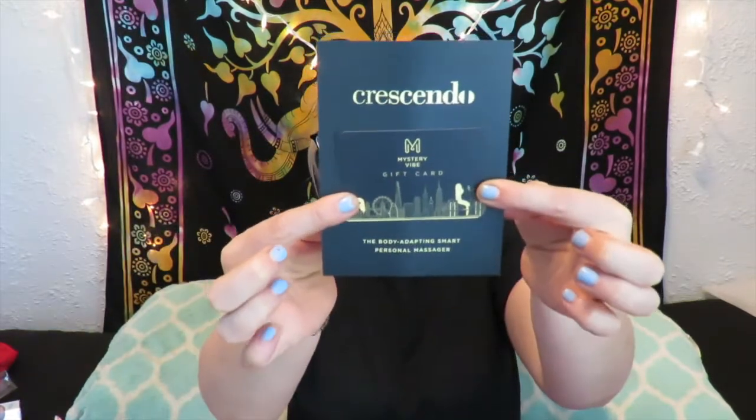The next thing, we have a whole bunch of little pamphlets in here. We have this little card. It is a gift card to the Body Adapting Smart Personal Massager, which again, I will probably never use this either, but there is a little gift card. The next thing I'm pulling out is